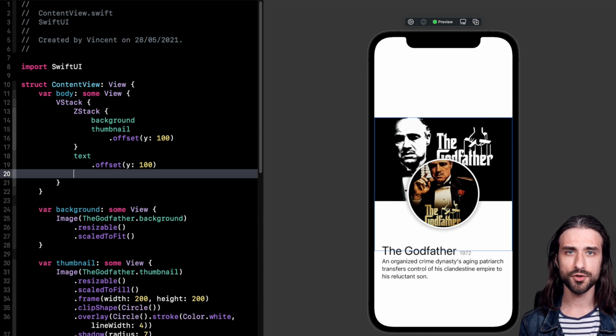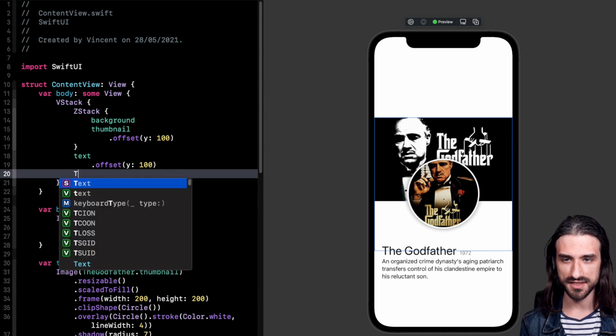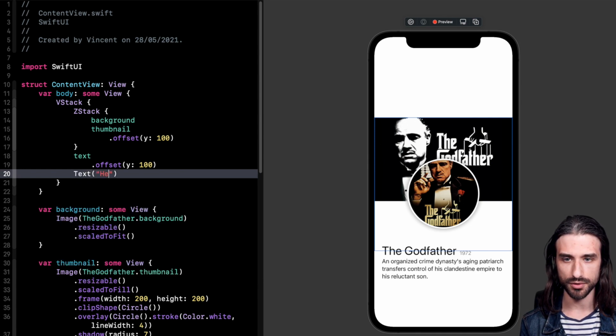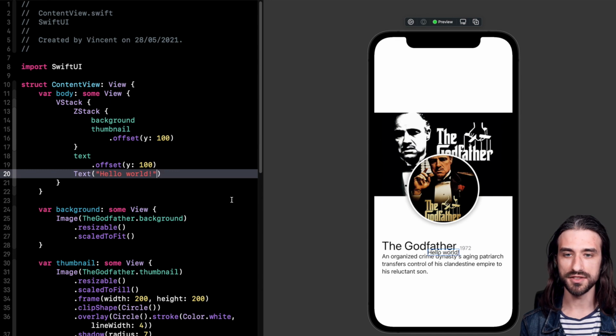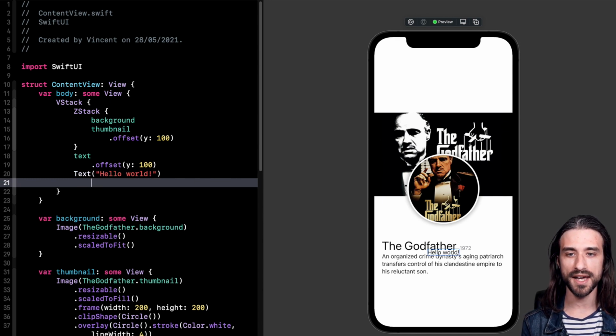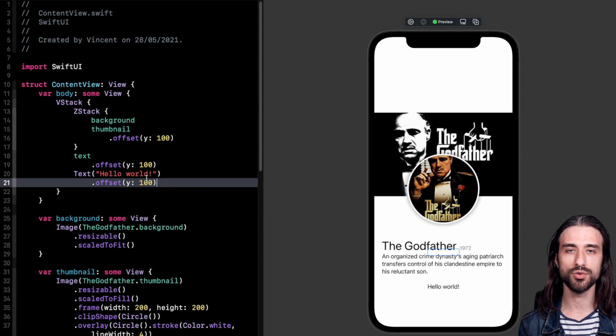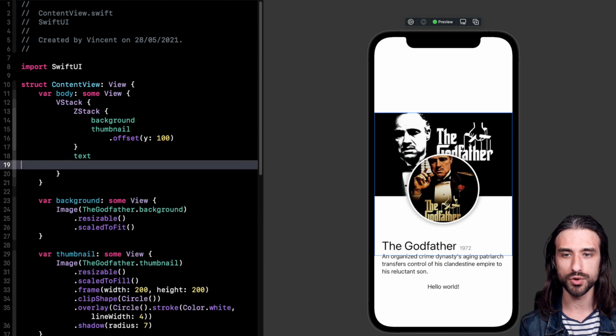above it. And it's not a great way to write our view, because let's imagine that now I add a new text. So for instance, hello world. Well, this new text is also going to be displayed above the other text. And I'm also going to have to add an offset of 100 in order to carry over the offset of the thumbnail. And definitely we can imagine that if for every new view we need to carry over this offset, well, it's quickly going to become unmanageable. So we definitely don't want to use this solution.